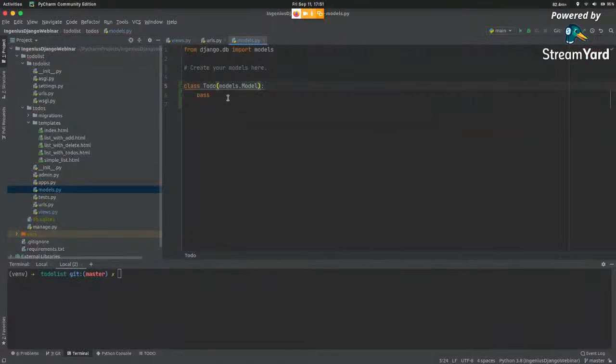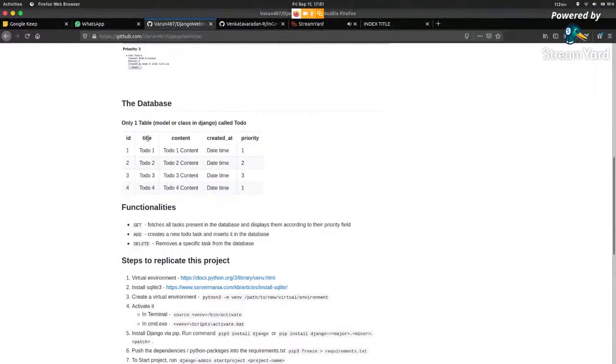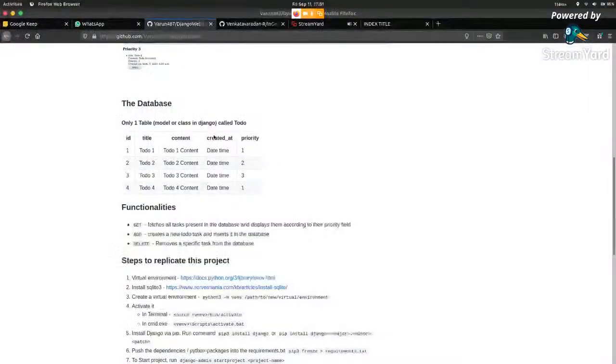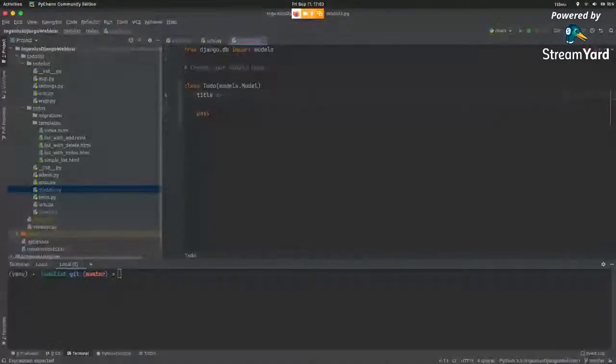And there you go. Just by this one line, I'm telling Django to go ahead and create a table called todo, right? Okay, now that I've created this, how do I create these columns within the table? That's really simple. Again, I just need to say title is equivalent to title. What is this going to be? This is going to be a text field, a character field. So I'm going to say models.CharField with, let's put a max length of about